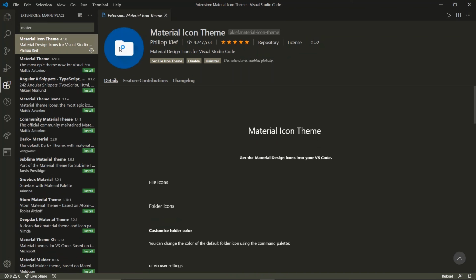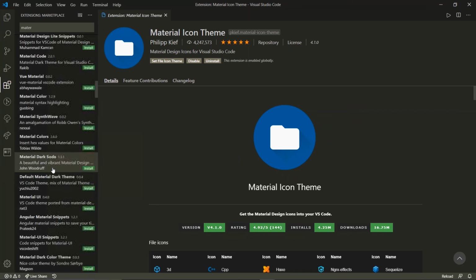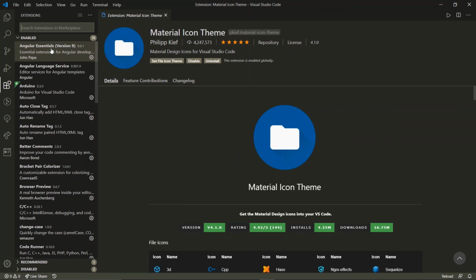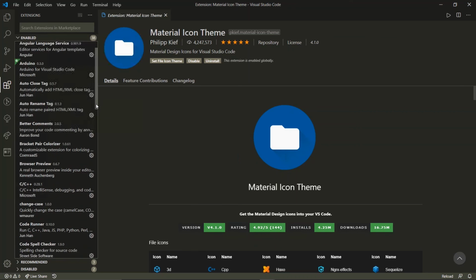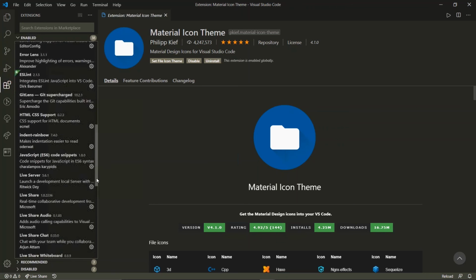This will make your icons quite interesting, means it will look quite good. And if we want anything else, we can go for it in future while we are coding. But I believe there is nothing else.